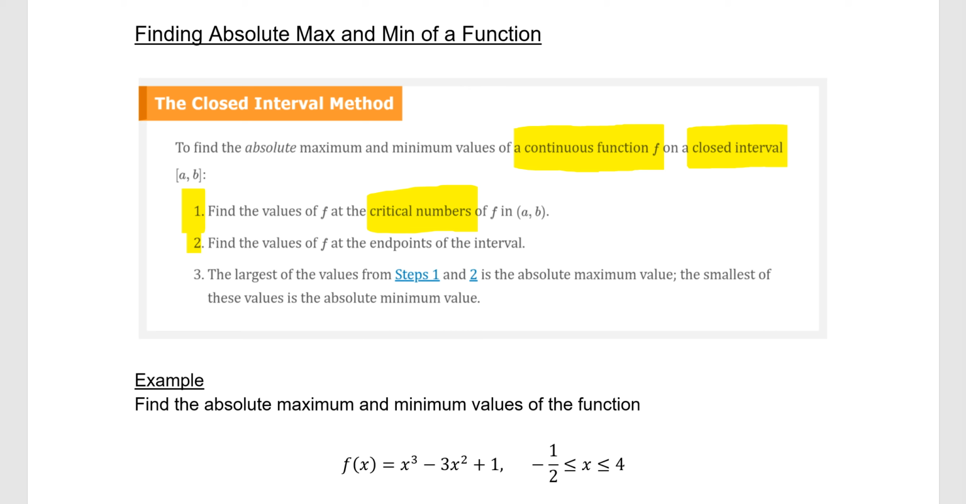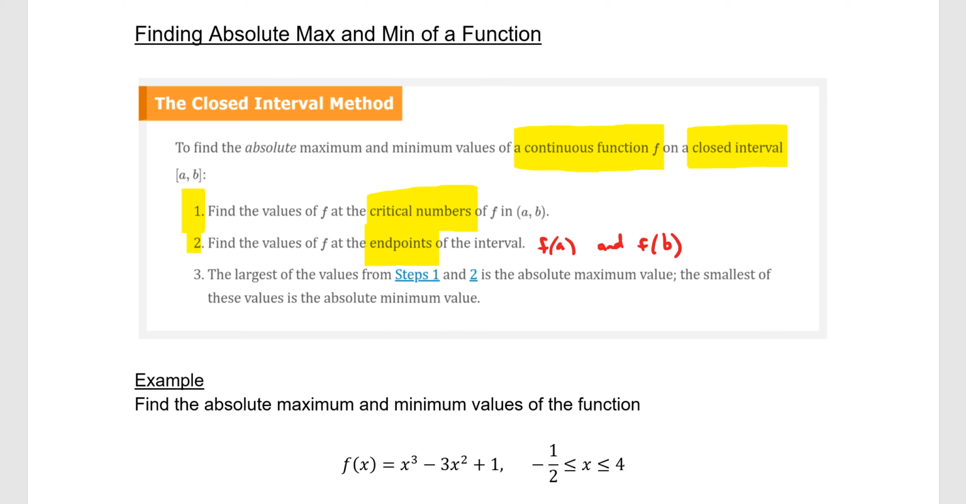The next step is we're going to find the values of the endpoints of the interval. So that's just finding, if we're using the interval a to b, that's just evaluating f of a and f of b. No calculus involved there, just evaluating the endpoints in the function. And then step 3,